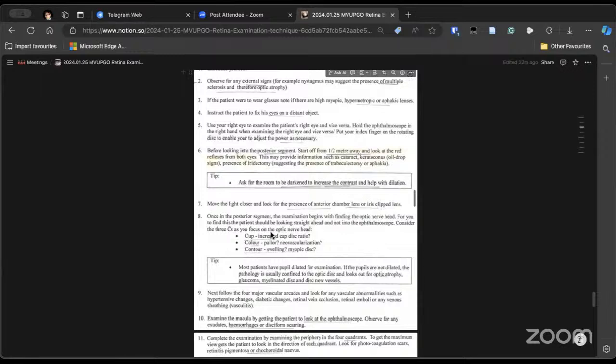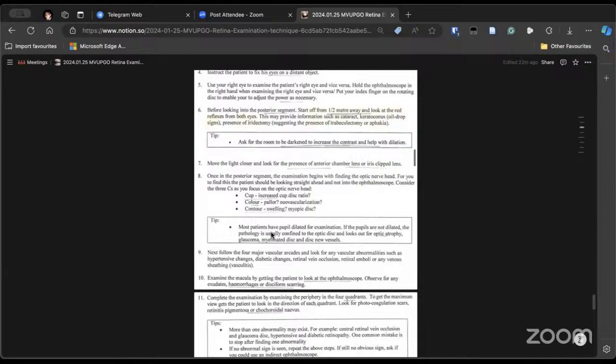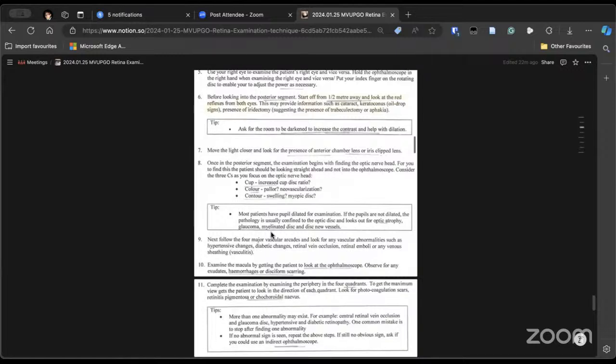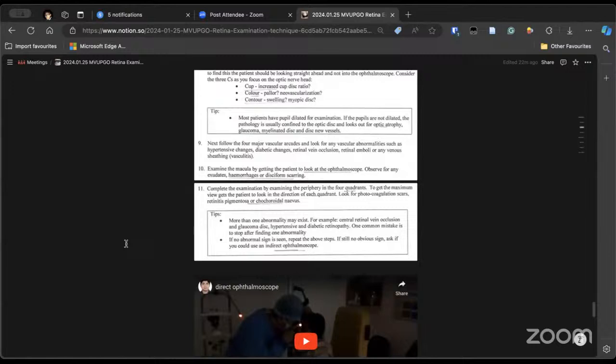So then you see the disc, and then you go to the vascular arcade. And if you do not see the disc, you are seeing vessels. How do you go to the disc? Look at the diameter of the vessel and follow the thicker vessel. There will be dichotomous branching of the vessels. So you go to the center because all of the vessels are actually coming from the disc. And then you look for vascular abnormality, you examine the macula at the last, and you can see the periphery also. Some amount of periphery can also be seen in this.